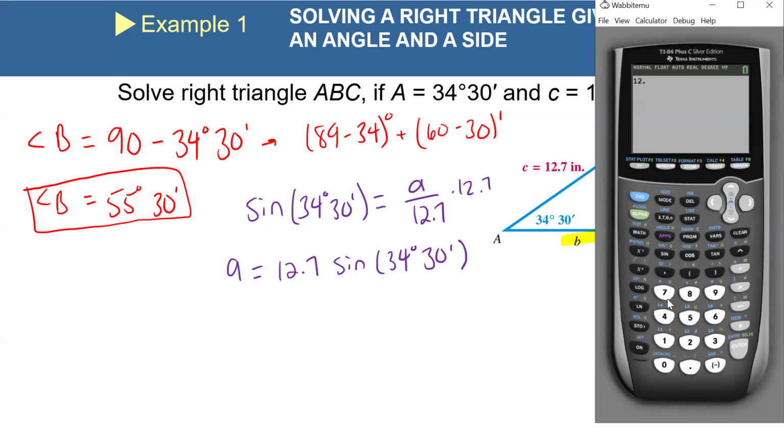12 and 7/10 times the sine of 34 plus 30 divided by 60. And I'm going to hit enter. So what I do? Oh, and we hit enter, and we get that we are